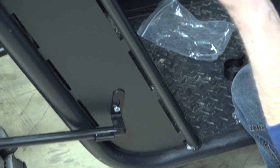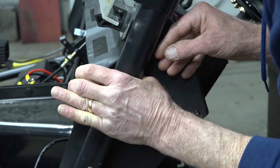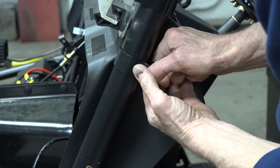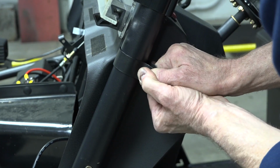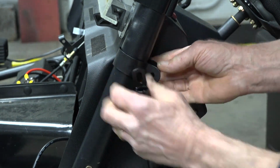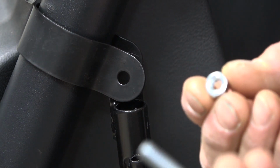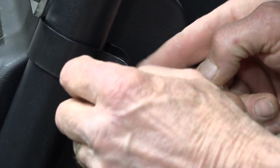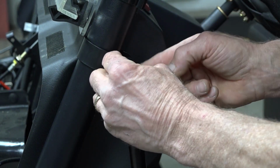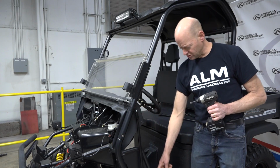Then we're going to take our clamp and it slides right in. Squeeze your tabs together and then find your height by where this bracket hits. This is where we use the longer bolt and just a nut, no washer. It comes through the bracket. And this is why I said squeeze the bracket, and you might need to get a pair of pliers. Once you get your bolts in the bracket,